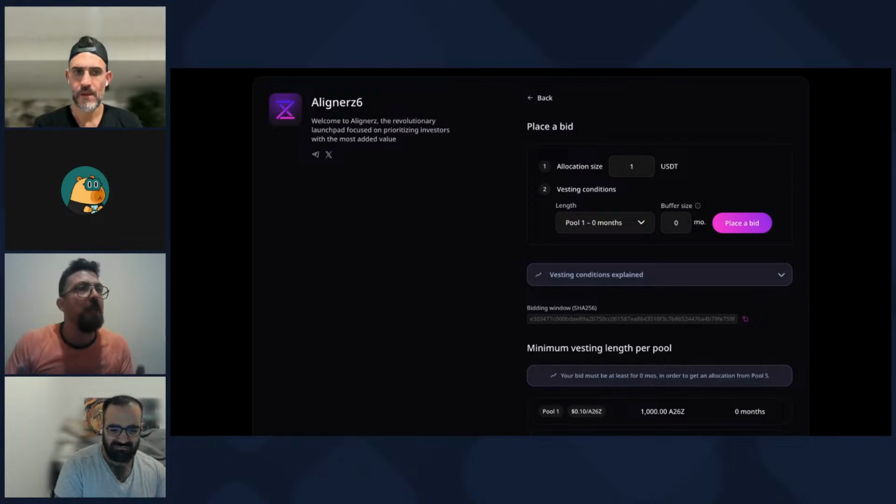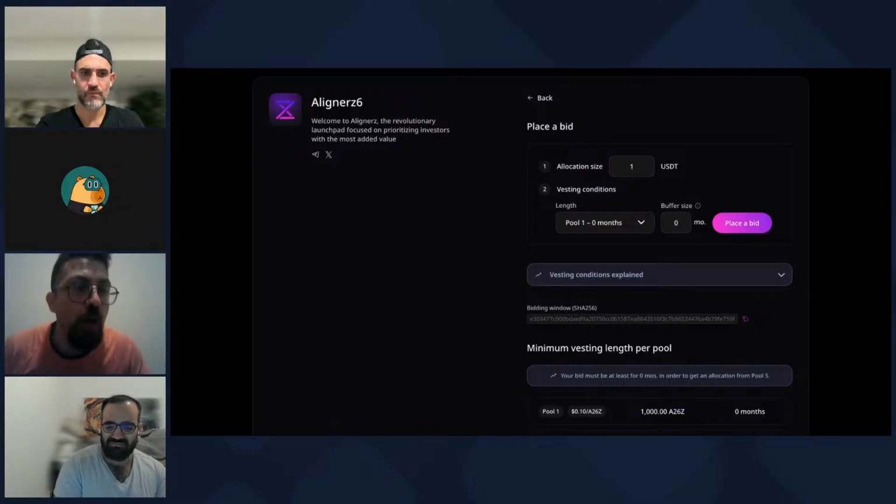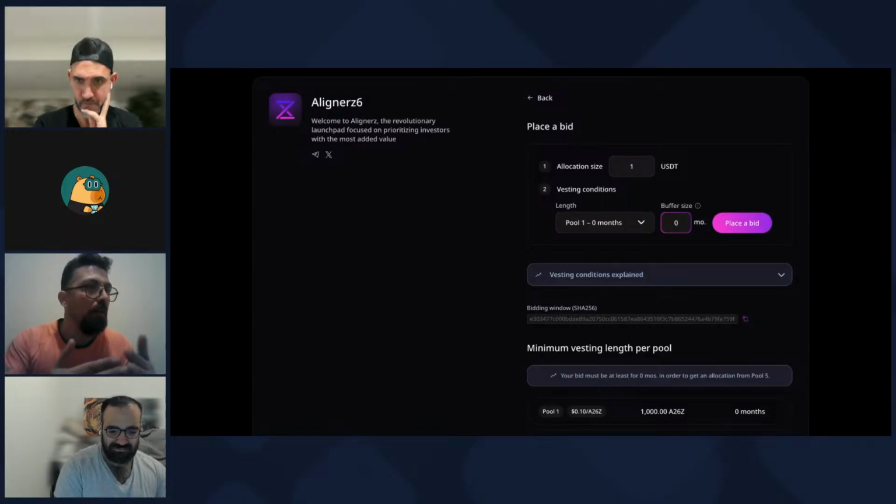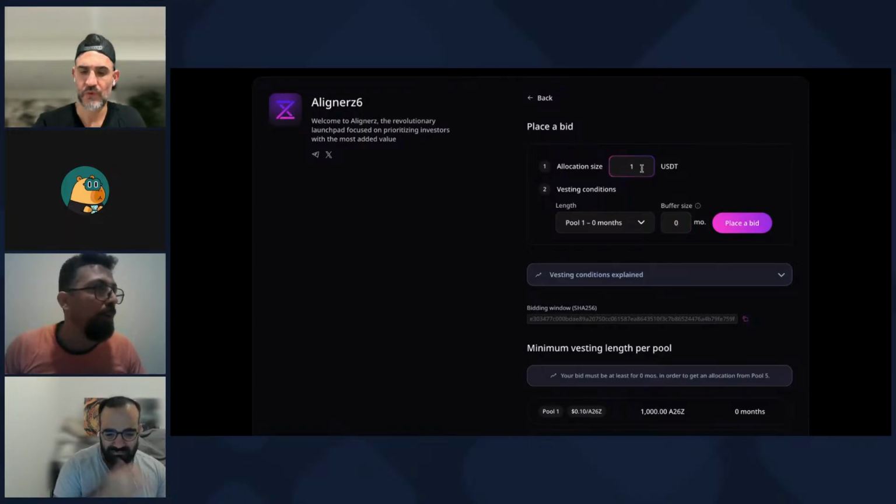So here, since Dave has not even started bidding, this is his UI UX. So he will have to choose the allocations that he wants to bid for and the vesting lengths inside the buffer size box.